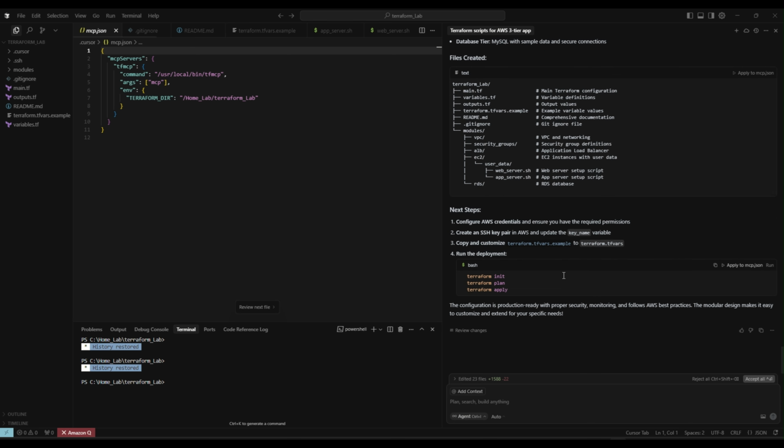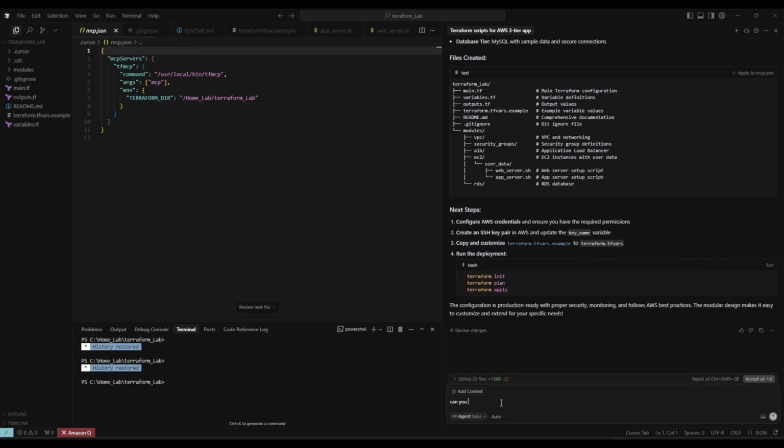So you see that it has given you a summary of what has been created, the folder structure, the tree structure, and also it is telling you what you can do for the next steps. So this is the complete overview. Now, just to see whether this can work out, I can simply do